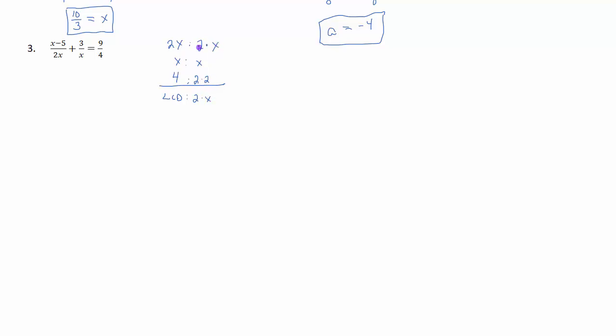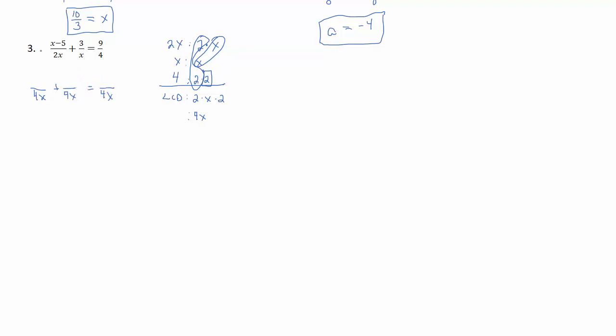Well, here's one thing we have to think about. There's 1 x, because there's 1 in each one of these. Here is 1, 2 in each one. We actually have a second 2 here that we have to think about. Because there's actually 2 to the second power in this, we have to make sure we have a minimum of 2 2's here. So the LCD is 4x. So now, if I put my 4x in the denominator of all these fractions,